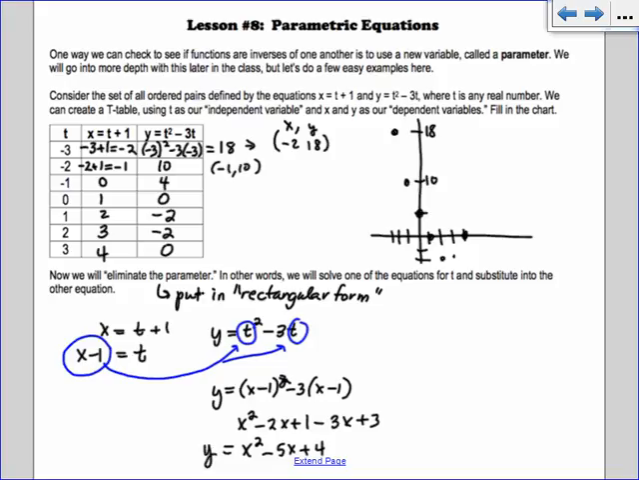All right. So let's show that these are the same thing. You can actually graph parametric equations on your graphing calculator. They probably don't seem super important now, but we're going to use parametric equations a lot when we talk